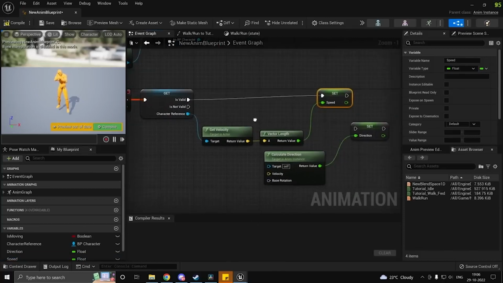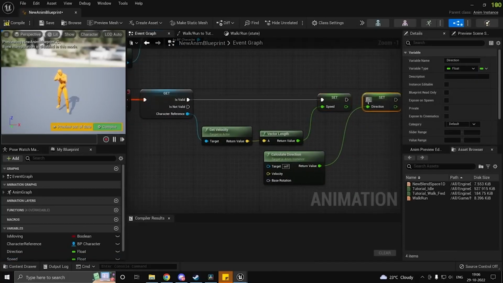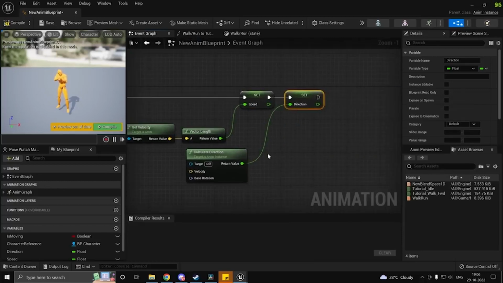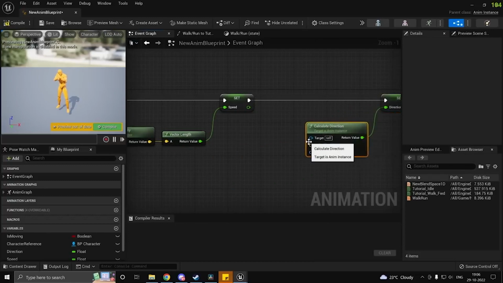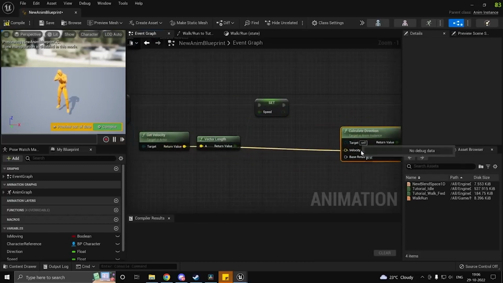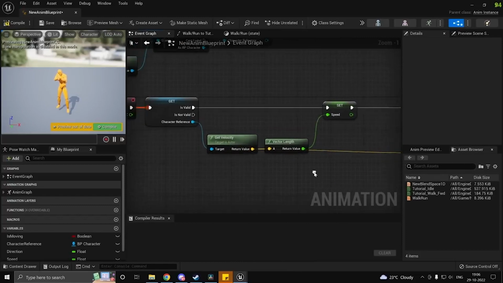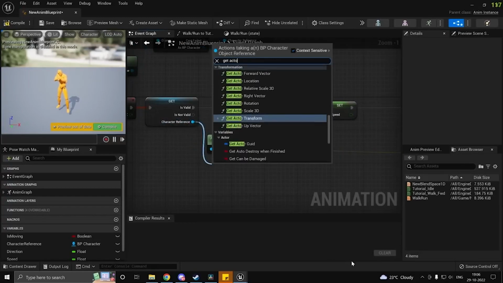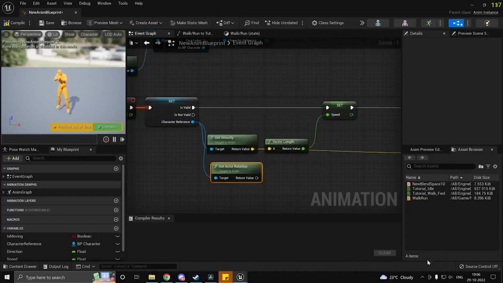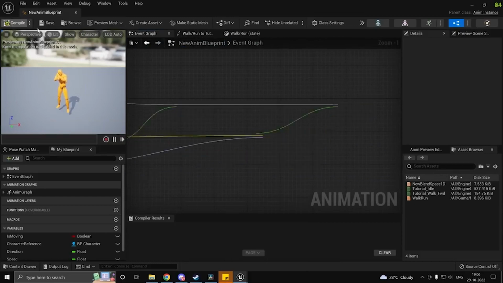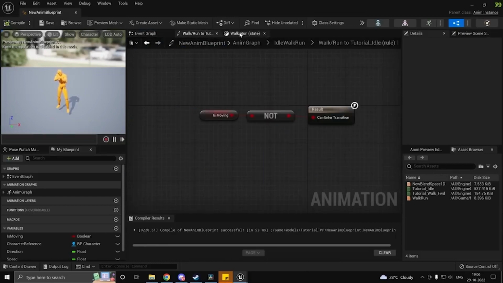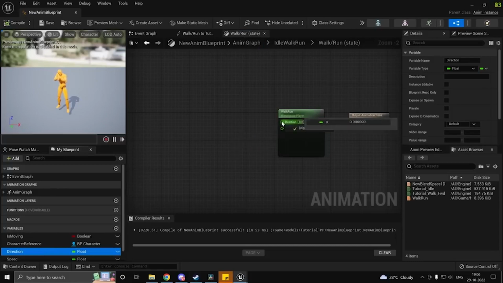And if the character is valid, we can set the direction and speed. Over here in the direction, for the velocity, we can just directly grab this pin over here, and then what we can do is get actor rotation. Now if I hit compile and go ahead and plug these in over here in my blend space